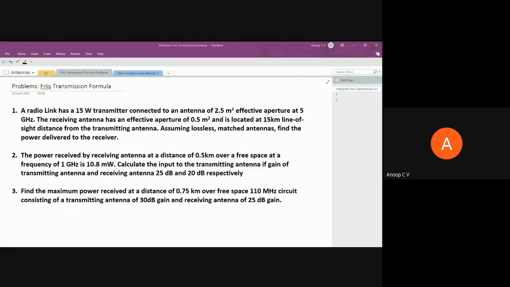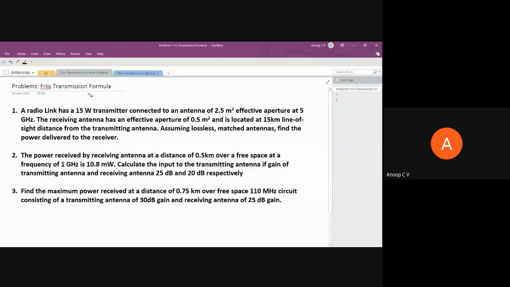We were discussing various spatial parameters of antennas. Two or three more parameters remain, so maybe in another one or two classes we'll wind up this module and move on to the next module. Before that, we were trying to solve some problems from the topics we have already learned, so that you will get better clarity. I posted these solutions in Canvas already. In today's session, we will just have a quick recap of these problems.